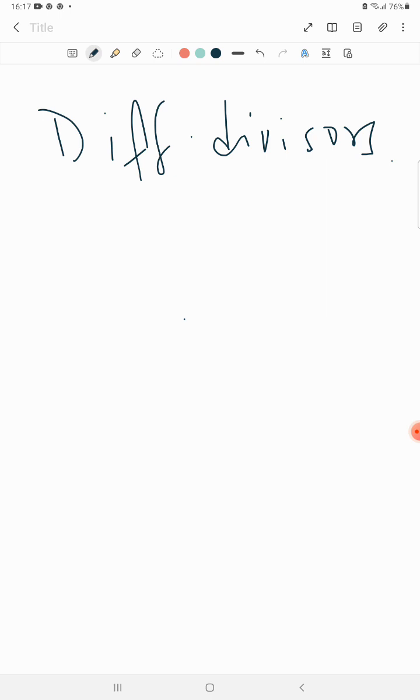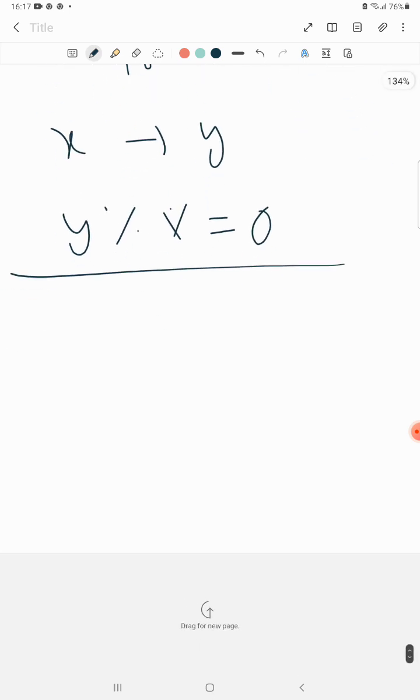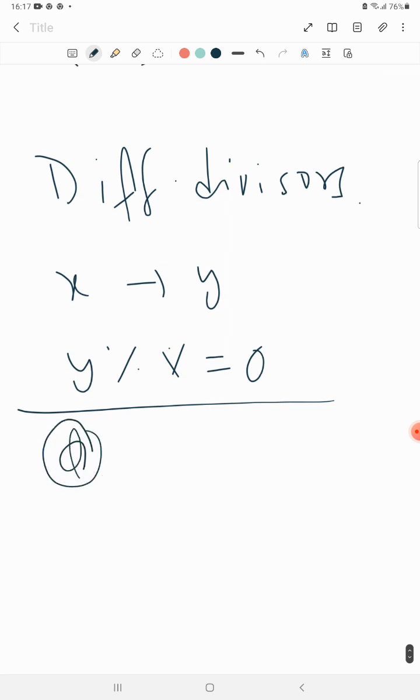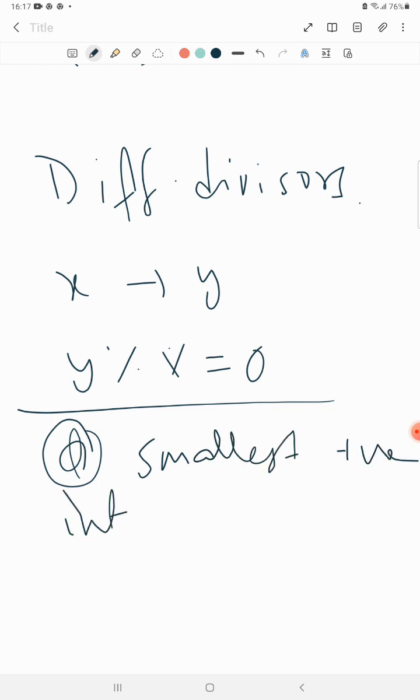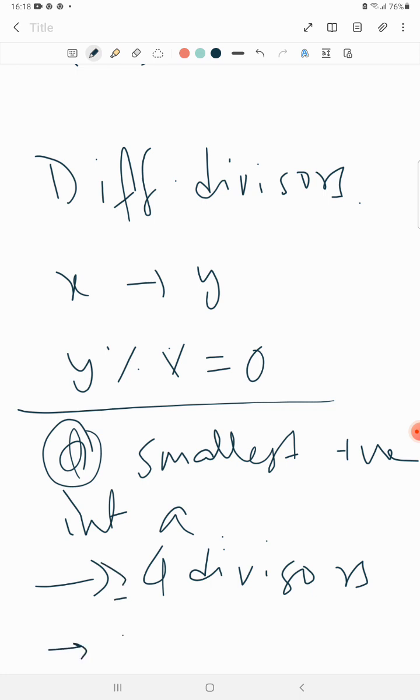So the question first introduces what a divisor is. Basically x is called a divisor of y if y modulo x is equal to 0. Very basic introduction. And then you are given an integer d, and you need to find the smallest positive integer a such that there are two conditions. One is that a has at least four divisors, so greater than or equal to four divisors, and